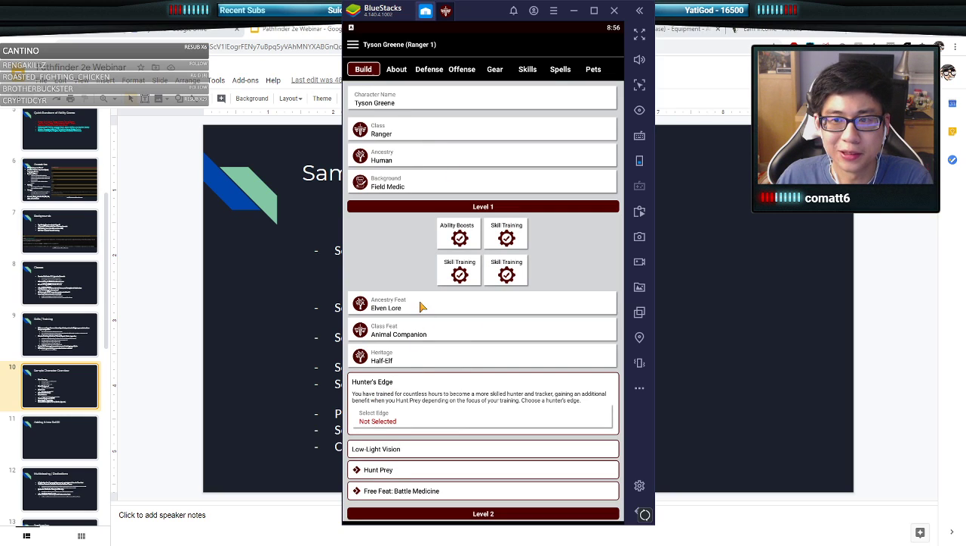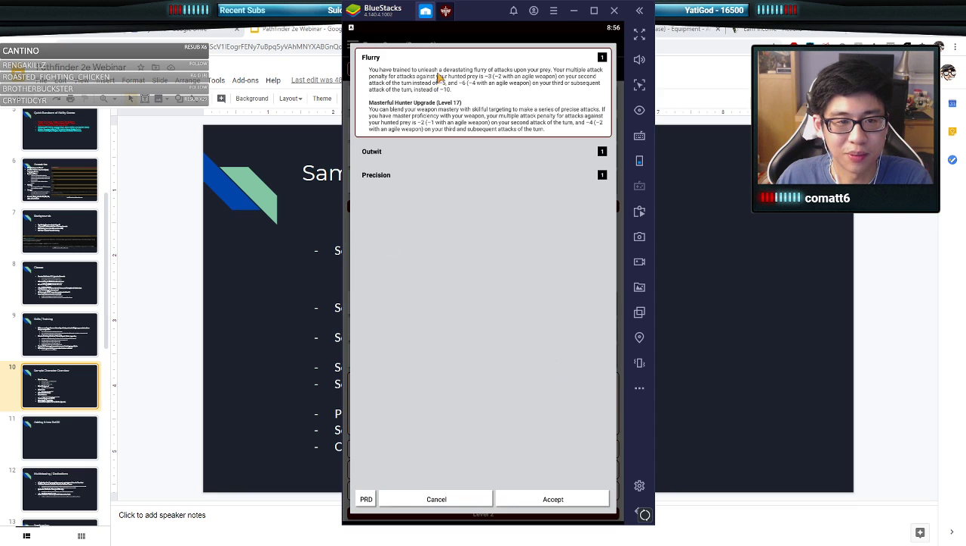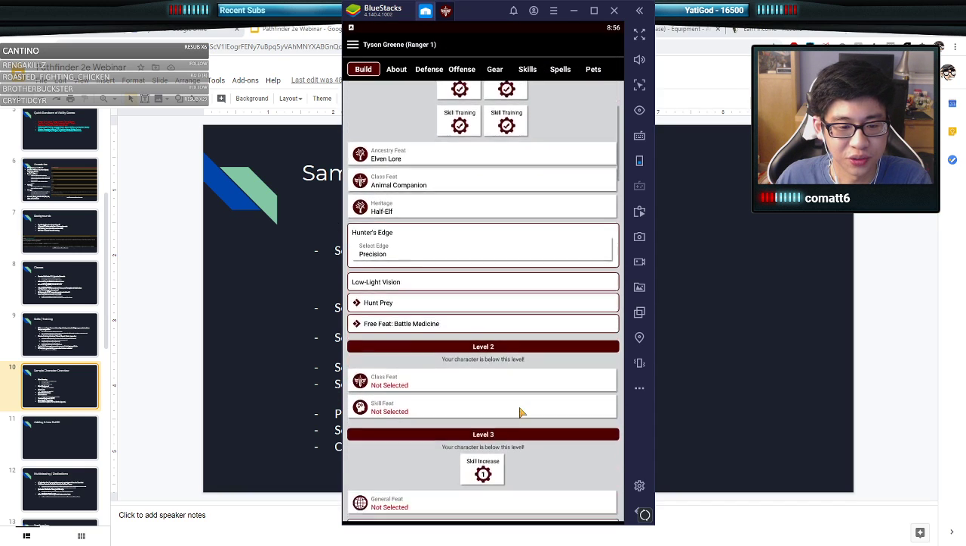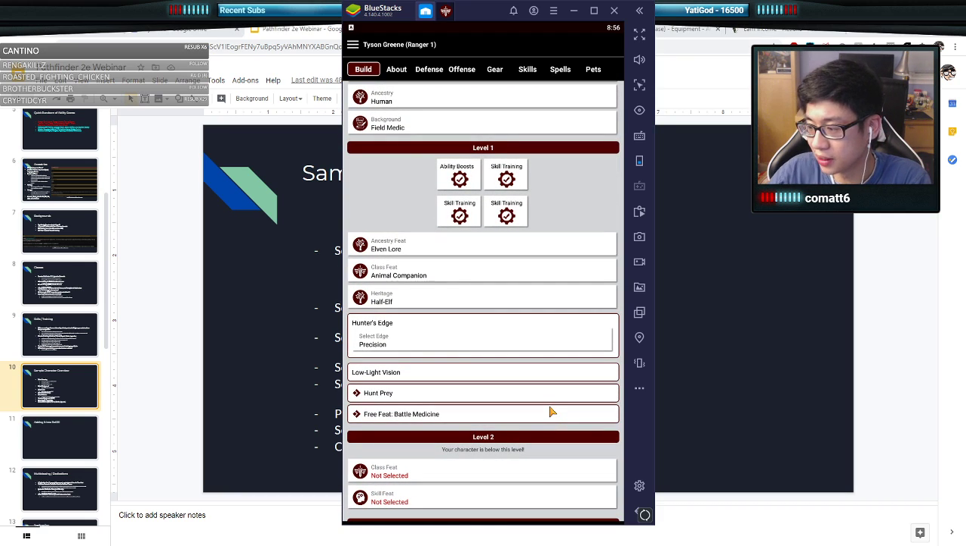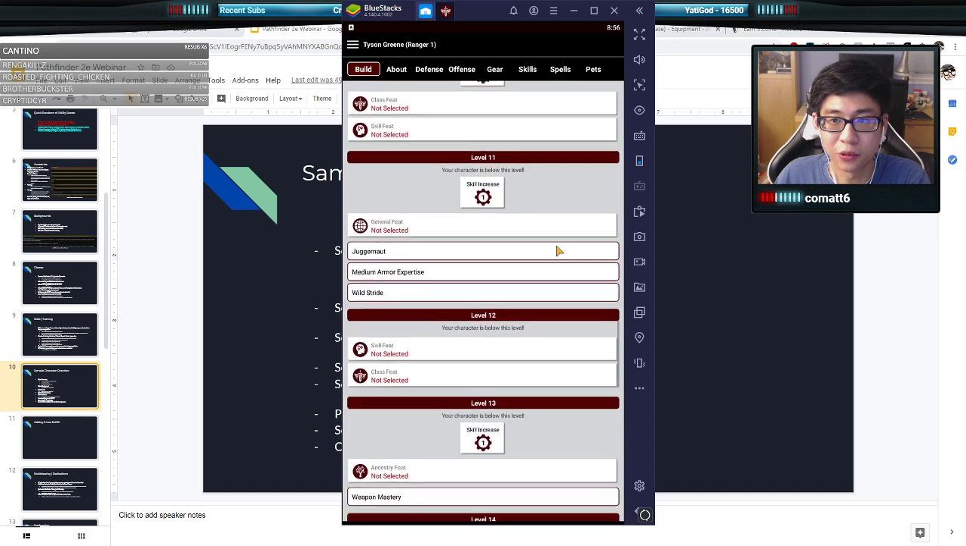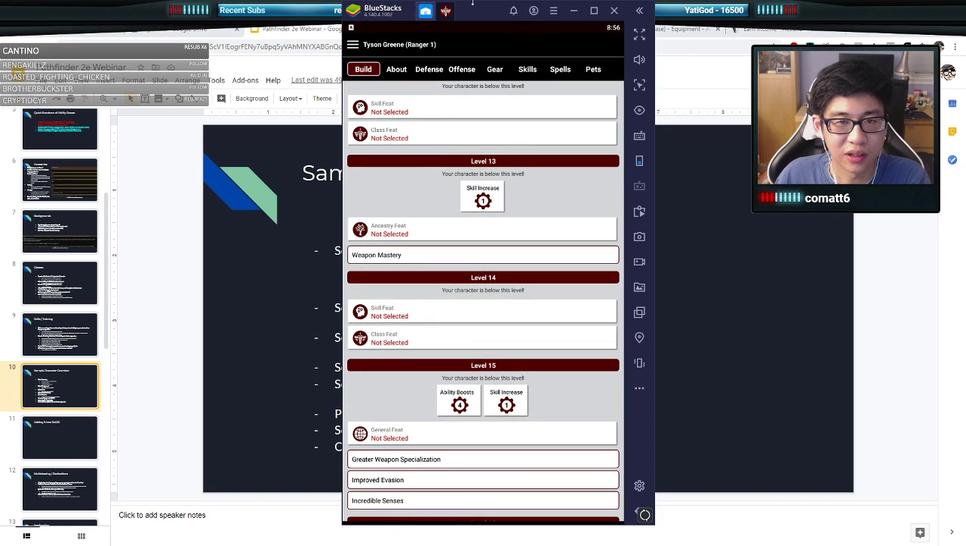Hunter's Edge is the Ranger subclass, and you basically pick one whenever you hunt prey. In this case, because he is a surgeon, he takes precision. And that's all you need to build a character at level 1, and you can build all the way up to level 20. What I didn't yet cover here